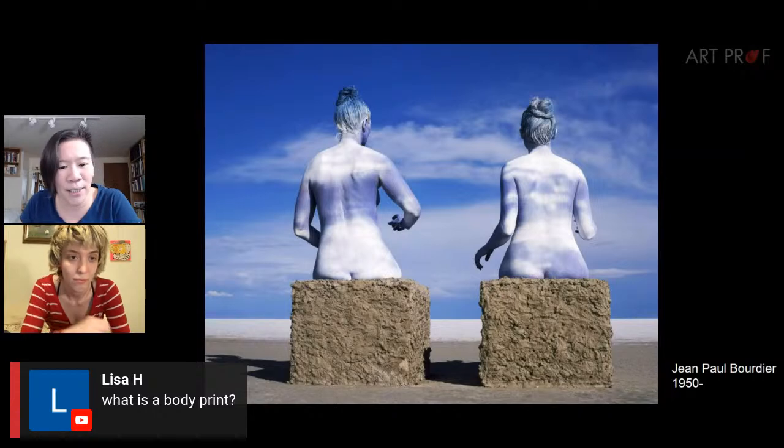And Lisa H is asking, what is a body print? So a body print is something that a few artists I've seen have done. Eve Klein is the one that comes up first for me. Eve Klein took these women, put them in a signature blue paint, and then they made a print on a paper or on a wall, and it leaves an imprint of the body paint. There are other artists like, I think Kelty Ferris has done body prints. David Hammonds has also done body prints. We've shown him on a previous stream. There are a few others I can post in the chat later that they put an ink or a graphite or a paint, and then they use their body to make the art.